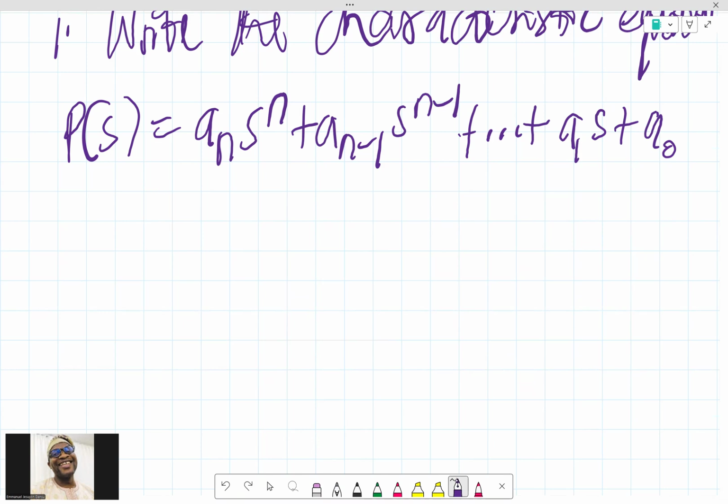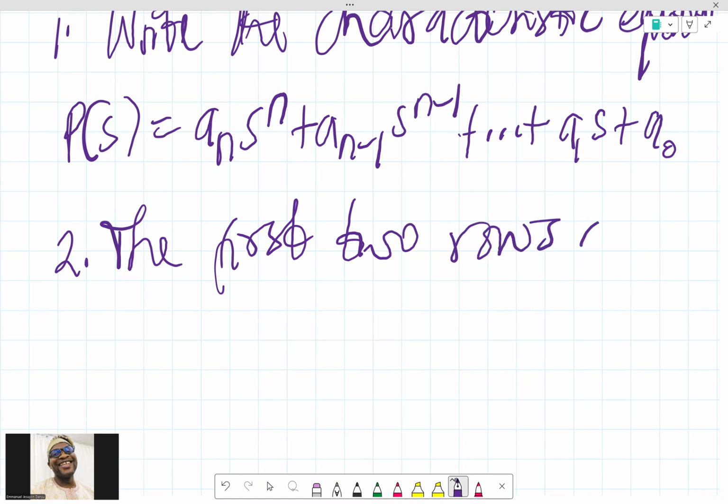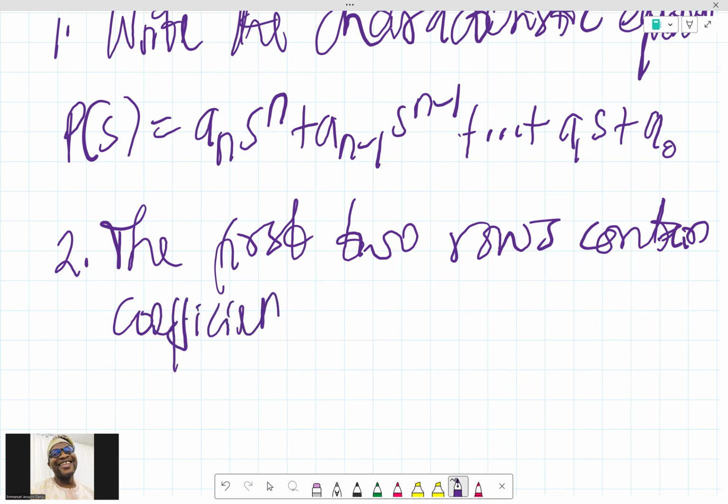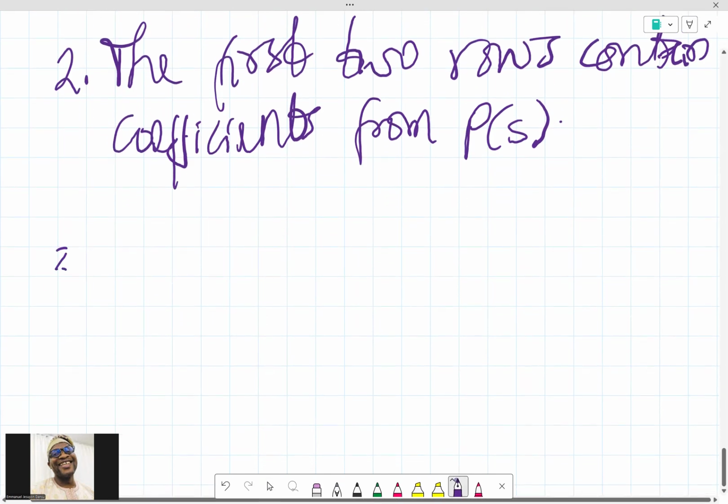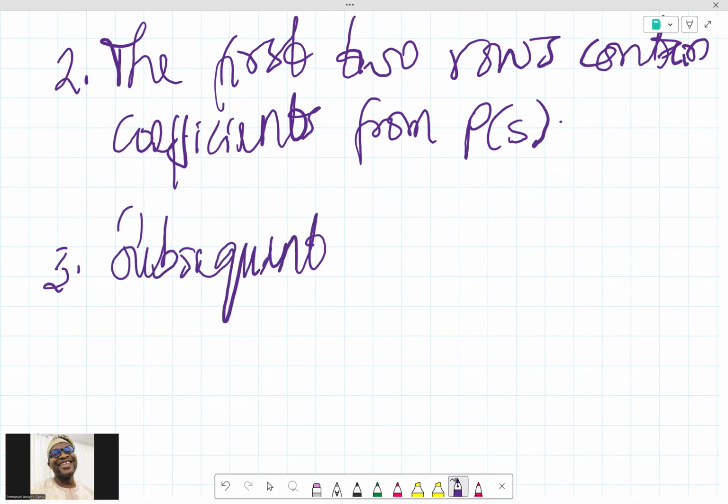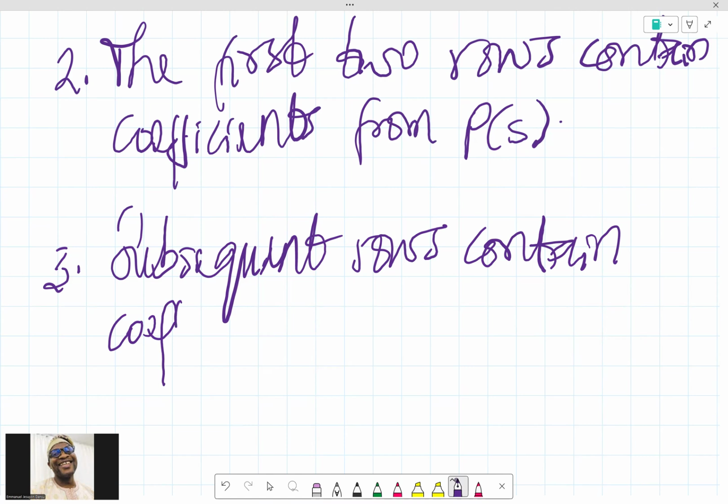So let me say number 2 now: the first two rows contain coefficients from P of s, that P of s up there. And then number 3, subsequent rows